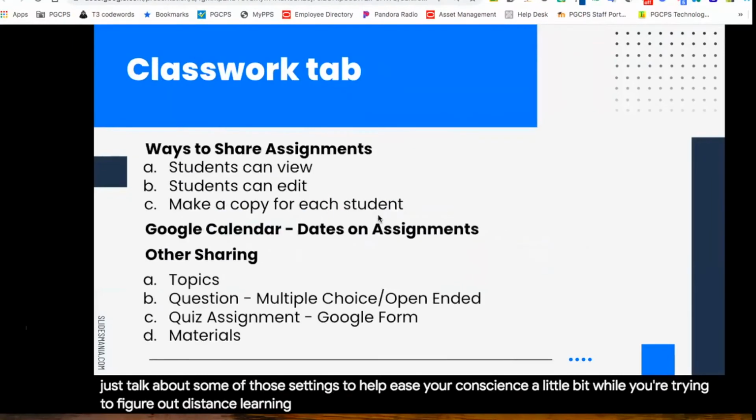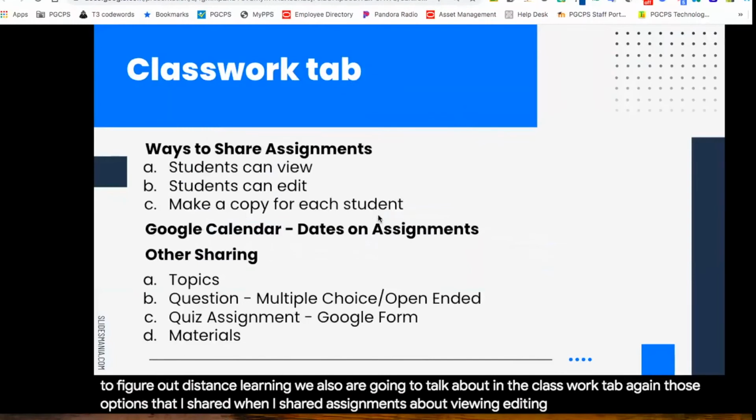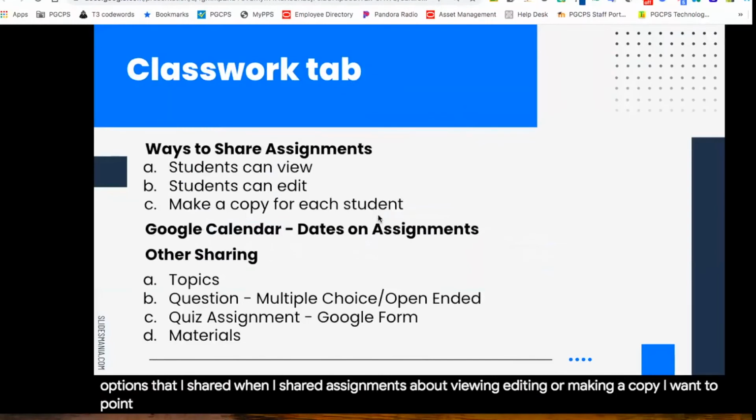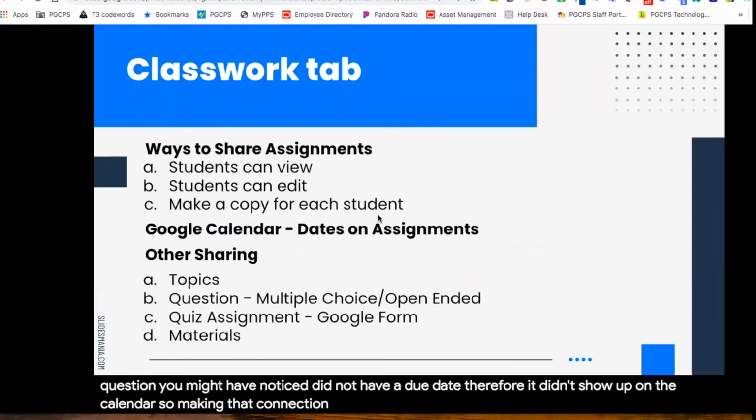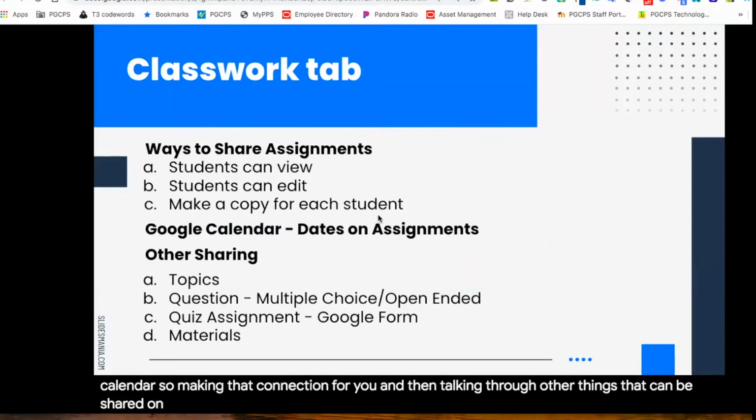We also are going to talk about, on the classwork tab, those options that I shared when I shared assignments about viewing, editing, or making a copy. I want to point out that the calendar is only active when you put an assignment with a due date. The question, you might have noticed, did not have a due date, therefore it didn't show up on the calendar. So making that connection for you, and then talking through other things that can be shared on the classwork tab,